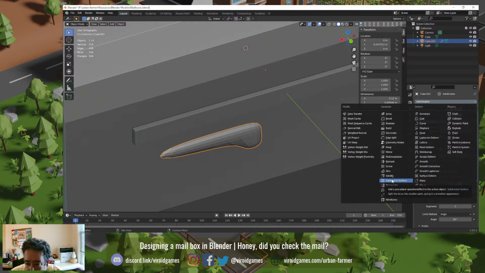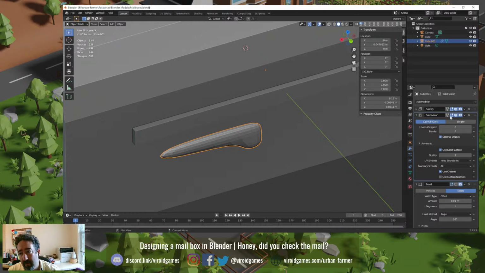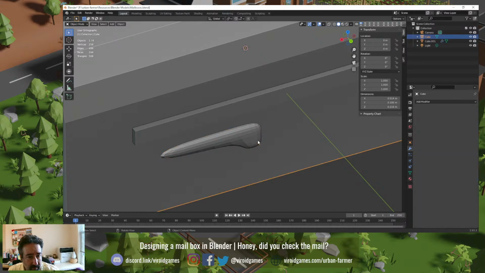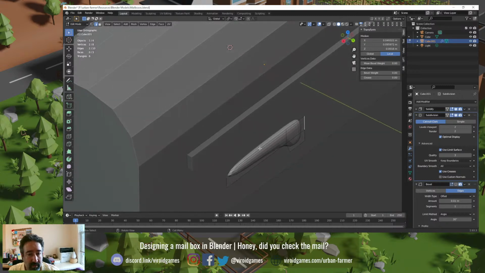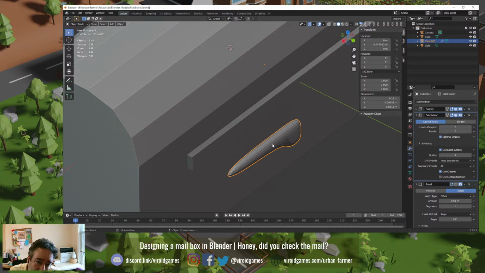It splits the faces into smaller parts, giving it a smoother appearance. Sounds like what we need. So when this is applied, if I enter the edit mode, I'm still left with this original geometry. All this is happening because